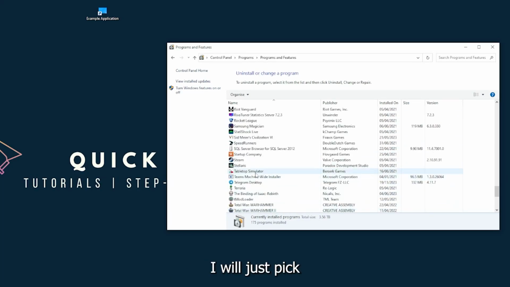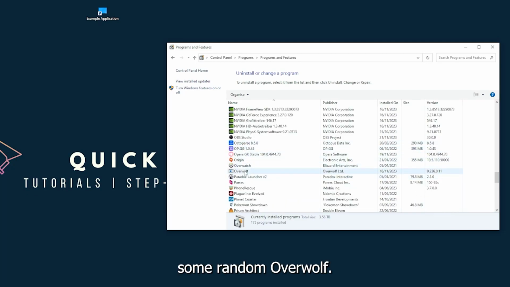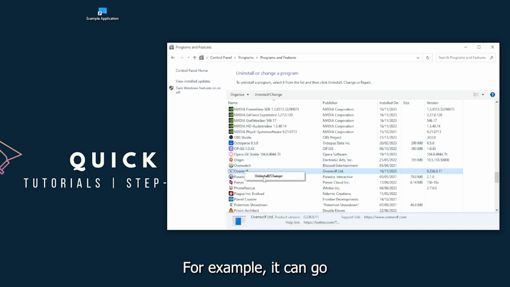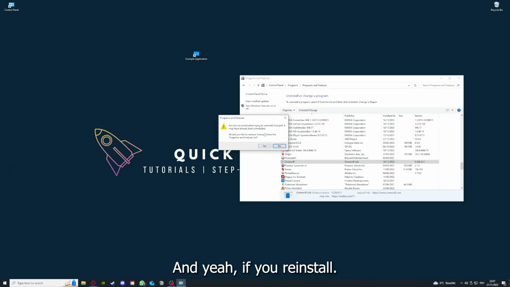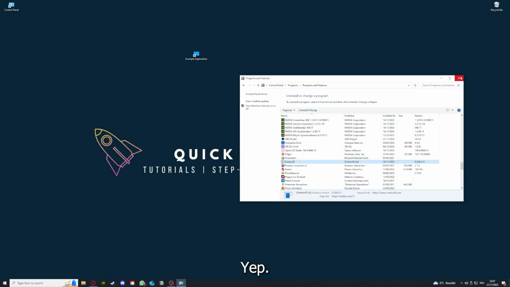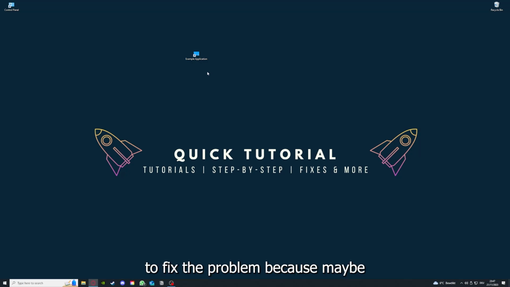I will just pick some random one, TYRANNY, for example. You can uninstall the app. You press yes if Windows asks you if you really want to do this. I'm not going to do this right now because I would have to reinstall. You press yes here, and you download the app from the internet again. If you reinstall the app, you have the best chance to fix the problem, because maybe